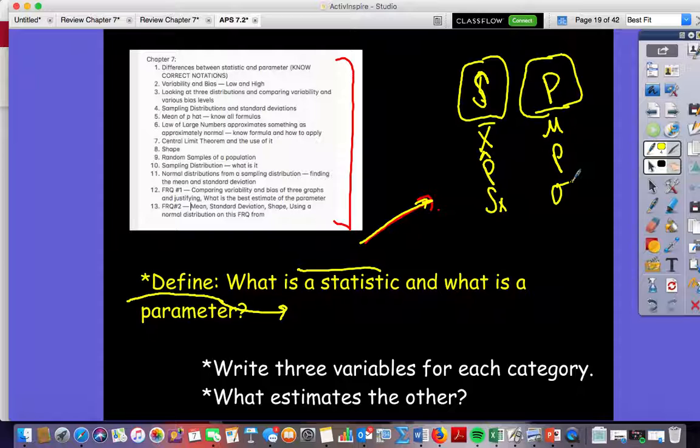What if we got 2 out of 3? Let's see if you got this bottom one here. What did you do with the estimate? Statistics estimate parameters. Perfect. If you said that, give yourself a 1/2 point on that. A statistic estimates a parameter. So these all estimate the parameter side, right? These statistics estimate a parameter. You gotta state that, okay? If you got that, give yourself a 1/2 point, and we'll rock and roll.